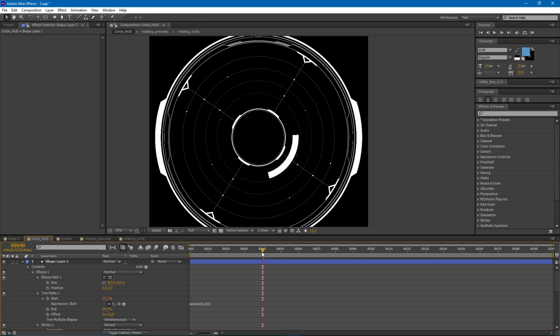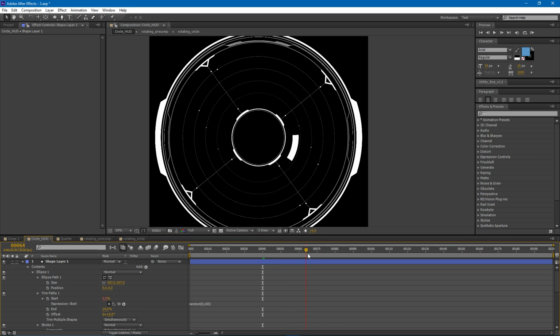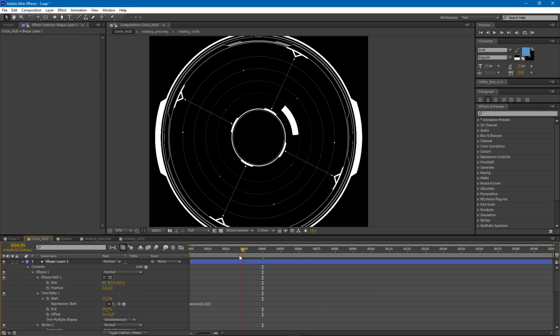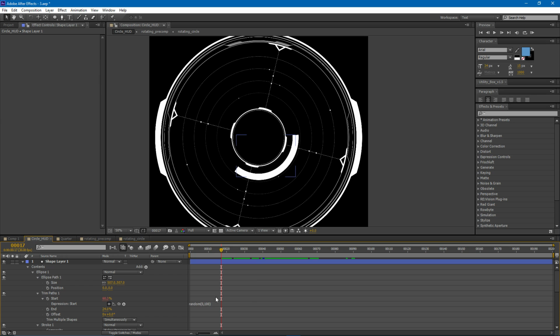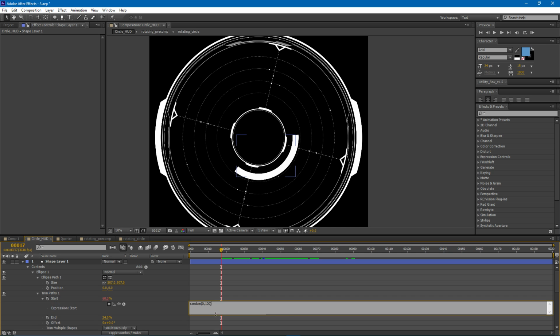So that's pretty easy. But if I scroll my timeline, you can see that this number changes with every frame, and we don't want that. We want to generate a number, and I want to keep the number for the whole duration of the composition. And to do this, we just need to give this random a seed random. So before the random,